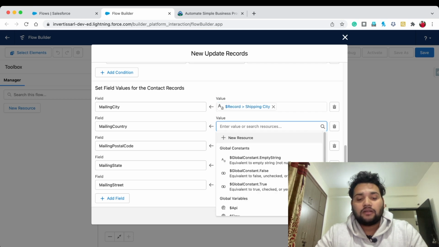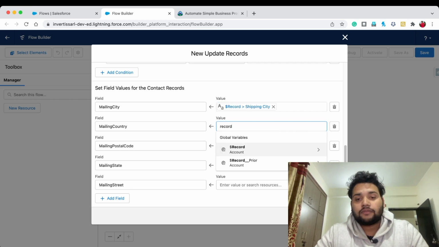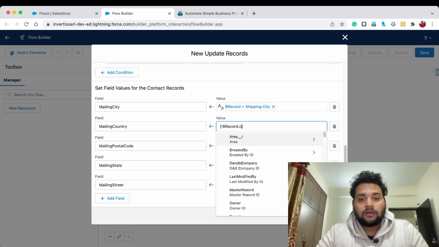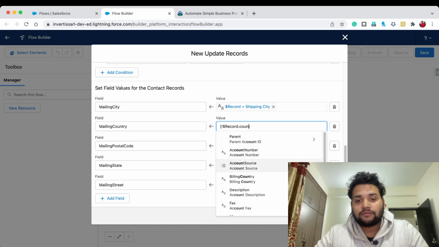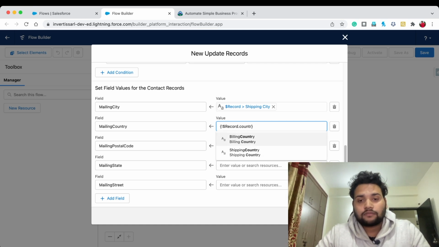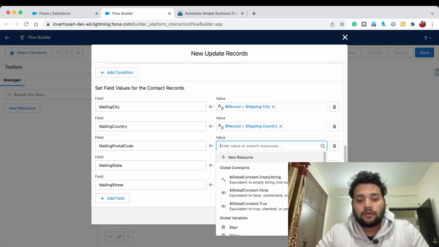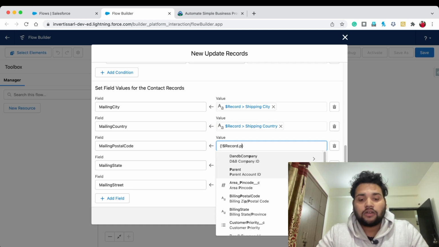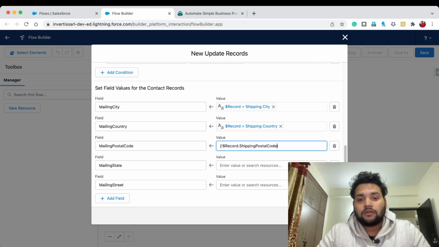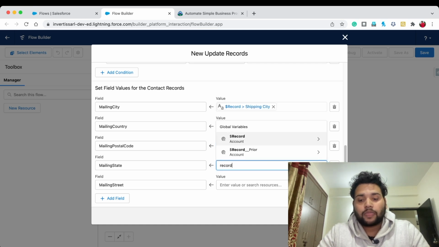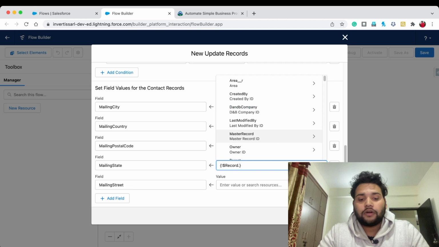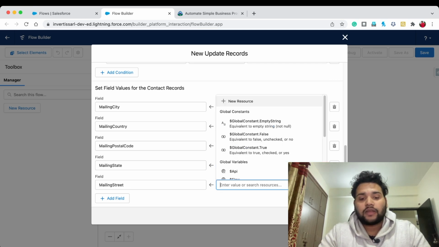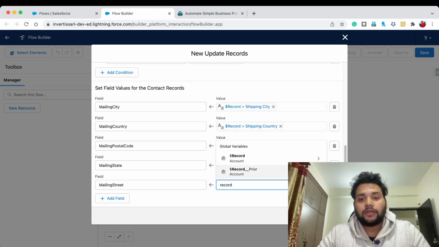Similarly record dot shipping country. Record dot shipping postal code. Record dot shipping state and record dot shipping street.